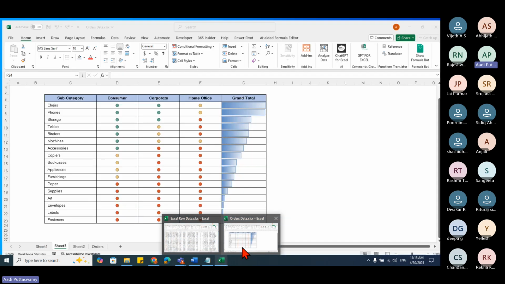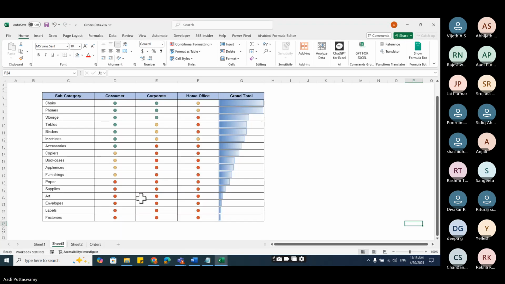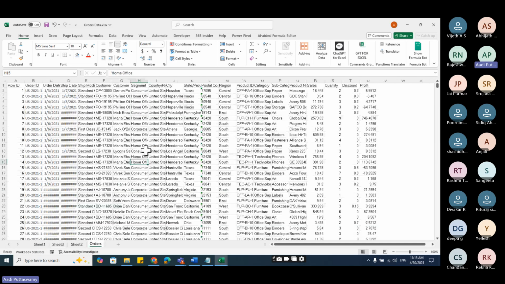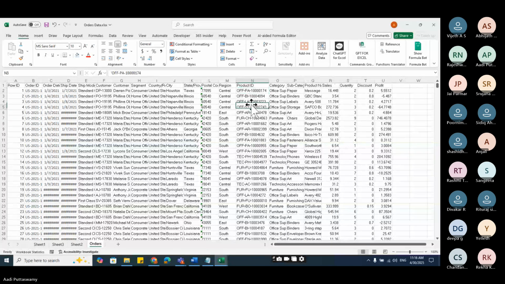Now let me take this data only. You can see that it's a huge, very huge data. Now what I want is, let's say, okay, let's take this product ID. Can you see this product ID? Let me just zoom this.